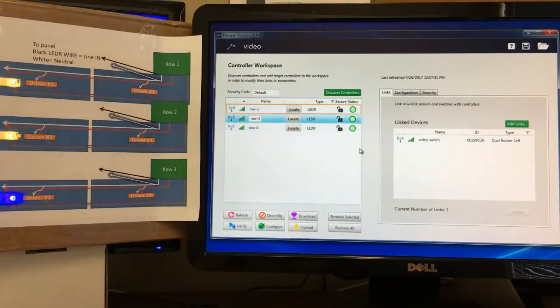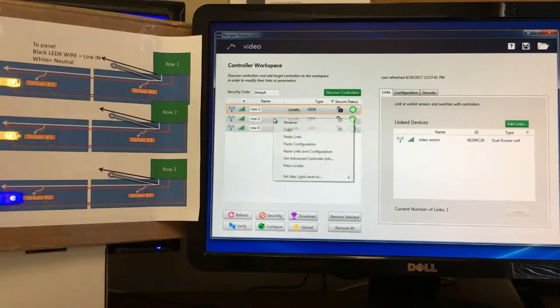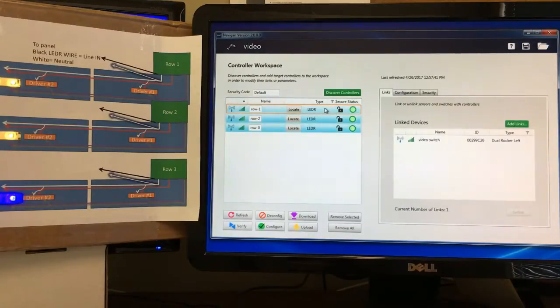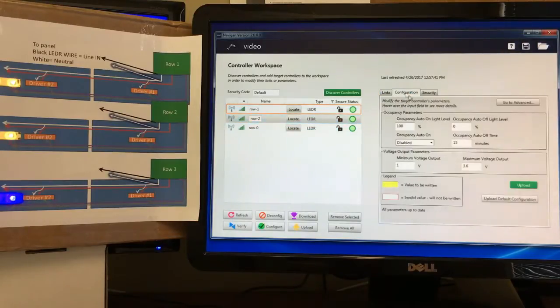So we'll come back over here and we'll do Control A to select everything. Now we're going to right click on that and say set max light level to the current value or average. So looking at that, if that meets my light needs for a maximum value, I'll go ahead and set that current value for all 3 of these relays, and you'll see it'll go boom, boom, boom, and it uploaded there. So now let's look at one of these and see what it set it to. So the maximum output voltage is 3.6, and you'll be able to see that that is 3.6 on all 3